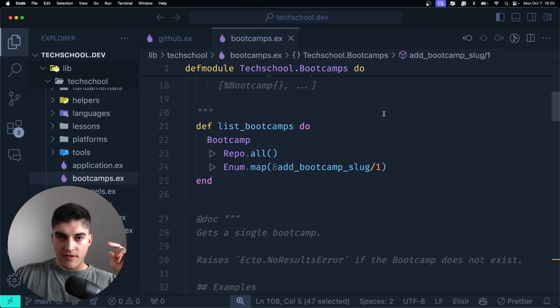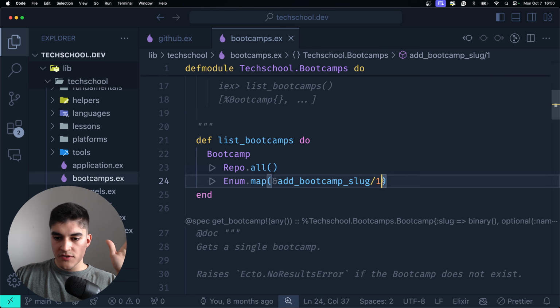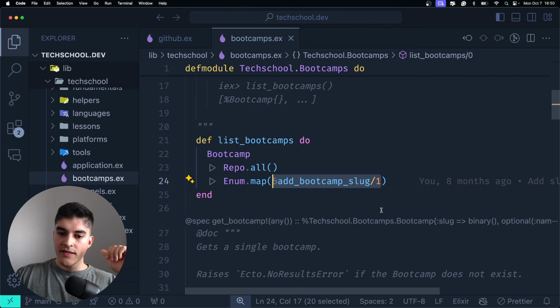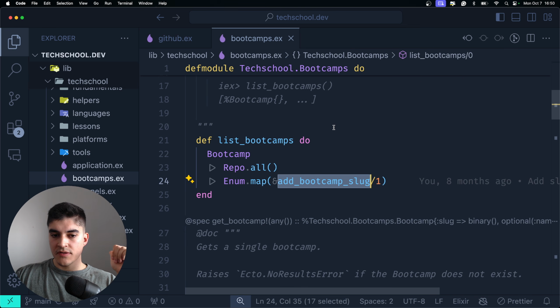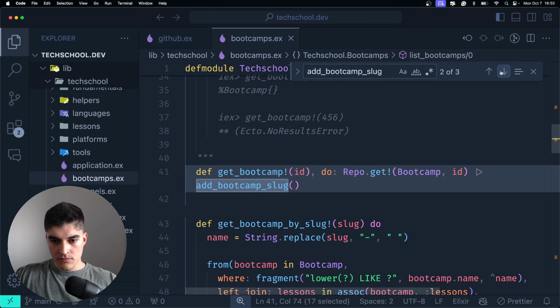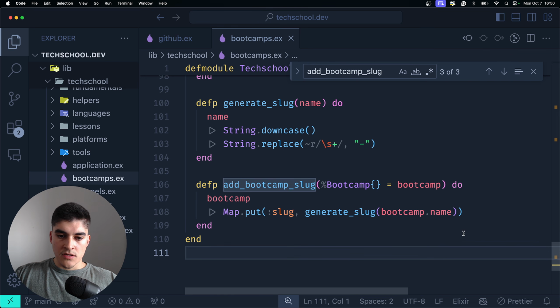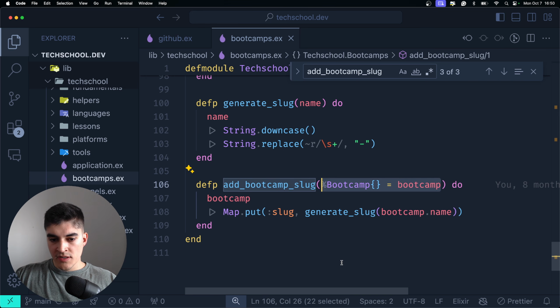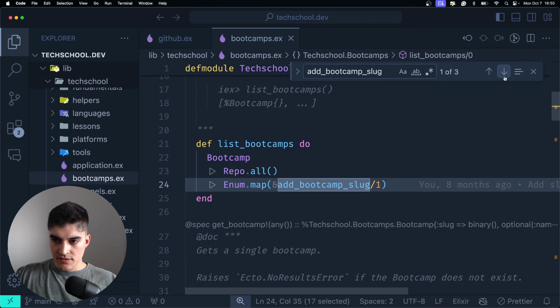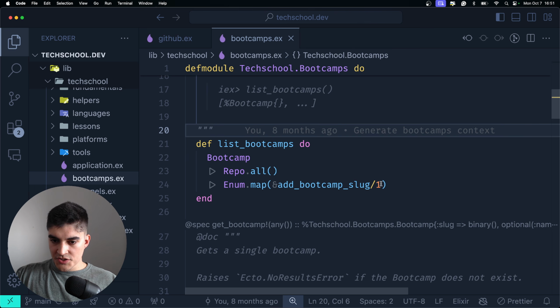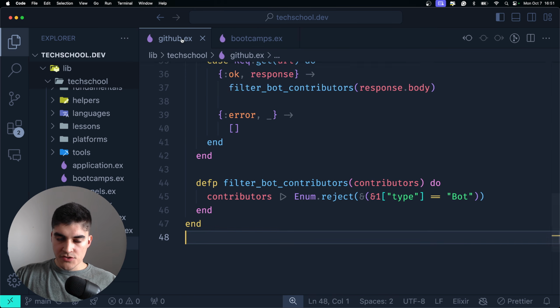Now, a second example that I have is this one, where I don't have an anonymous function. I have a named function, and it is defined somewhere else. So for example, I have this function list_bootcamps that queries all the bootcamps from the database, but I don't have the slug, like the shorthand form of the name of the bootcamp. So I created a separate function for that. And that function is down below. So here I grab the bootcamp, I do some basic pattern matching, and then I add another field to the map, which is a slug, and I generate that slug, right? So here are two examples of a named function being used inside the Enum.map,